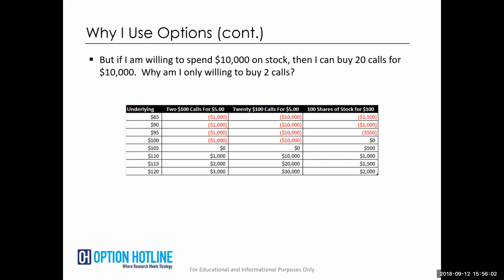It's a quick recipe for disaster. I mean, these are at the money options, and they could be a quick recipe for disaster. So yes, the option market can give leverage, but it can also give people a false sense of defined risk. Risk management 101, only risk what you can lose.